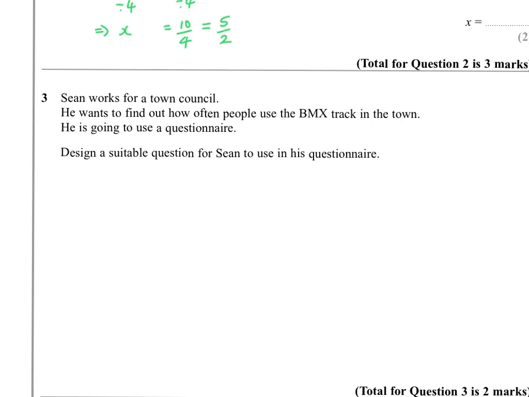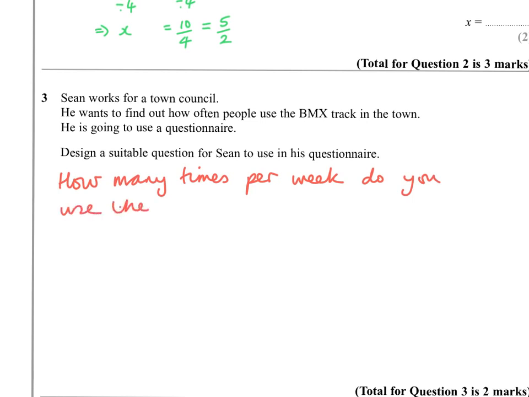I think for this question I would be specific on a time scale, and I would ensure that my responses did not allow for overlaps. So let's have a look at the question. I would say, how many times per week do you use the BMX track